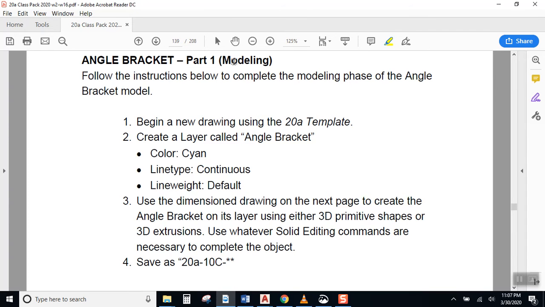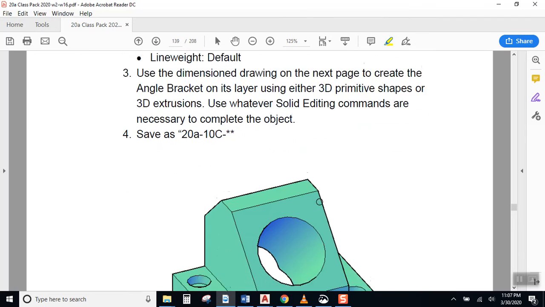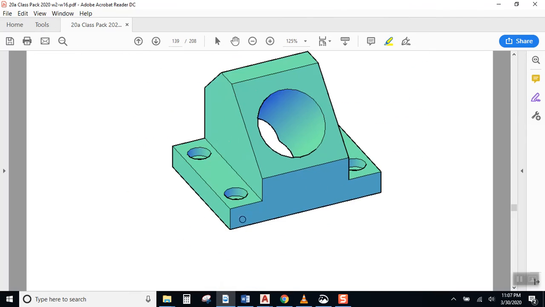Angle bracket. Start a new drawing using the 20a template. Create a layer called angle bracket. Follow the requirements for your layers. And then the drawing on the next page shows you what you're modeling. So basically it's a block with a hole going through a slope face, and it's got some special holes here